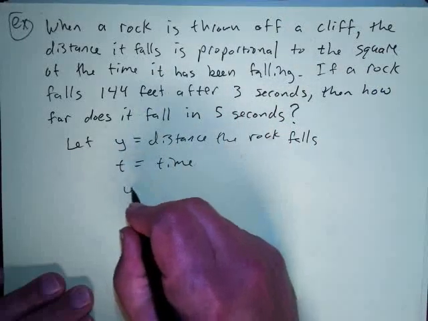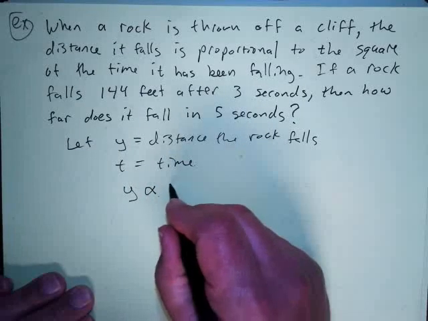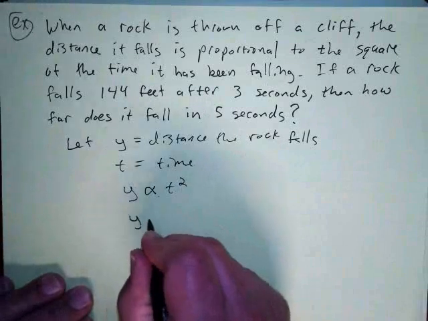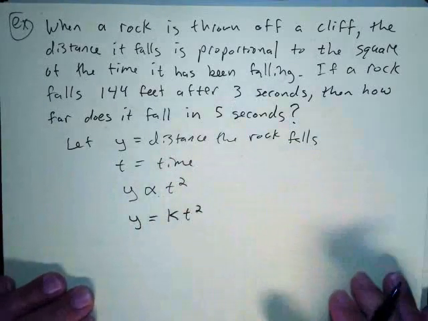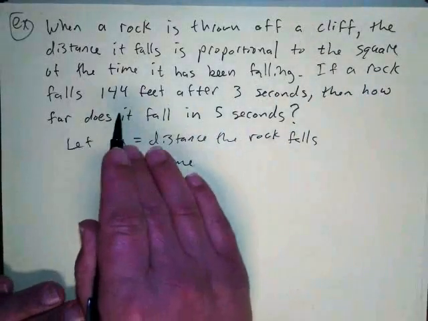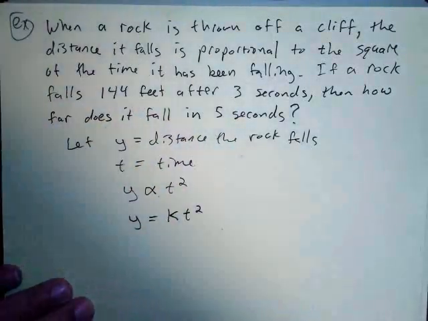So that is just to say y is proportional to t squared, which is to say y is just equal to some constant times t squared. And now what it tells me here, if a rock falls 144 feet after 3 seconds, it's actually telling me,